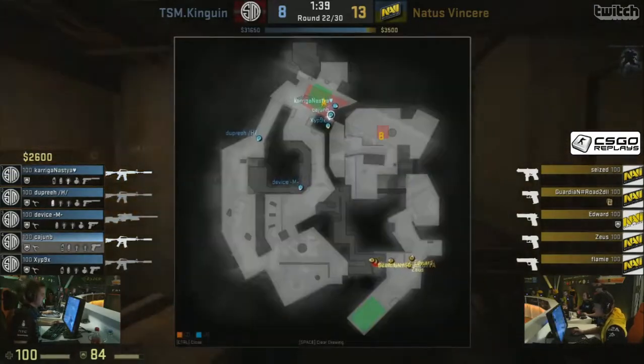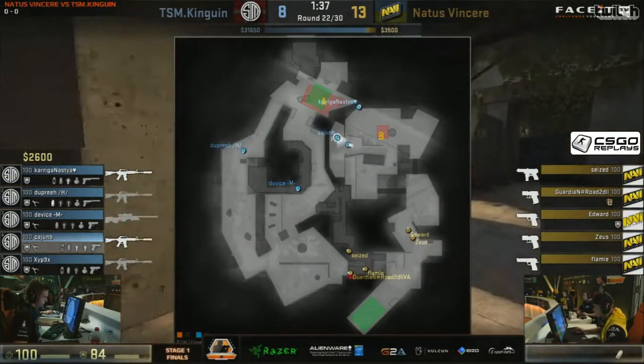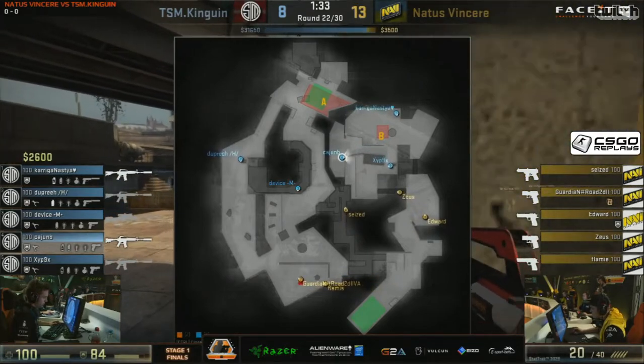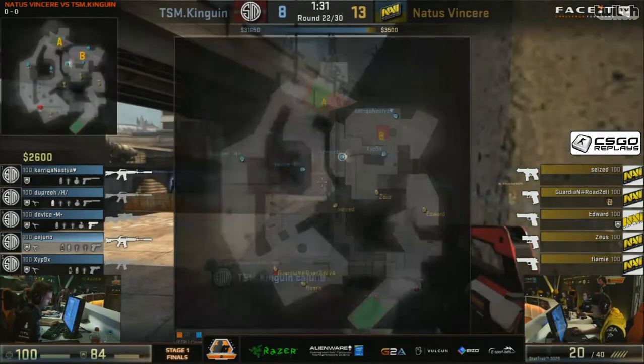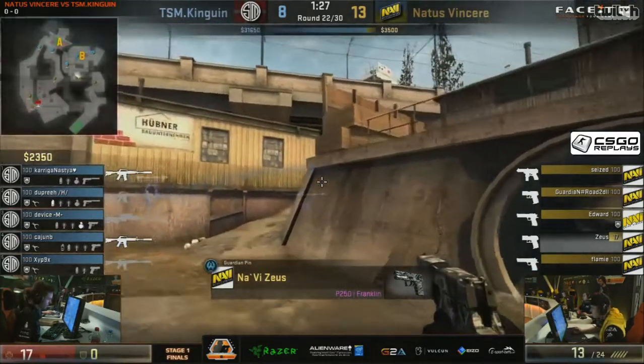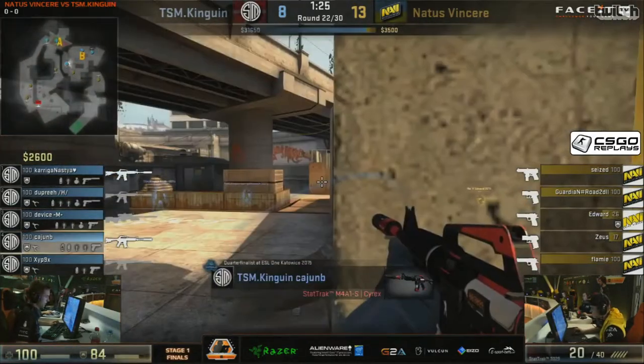Sure, last round, TSM seemed to have a good knowing on where they actually plant the bomb, but you can just change that since you pretty much smoked off the entire bomb site, so they can't. It's not like they can rotate and just. So when you're a team in a situation,